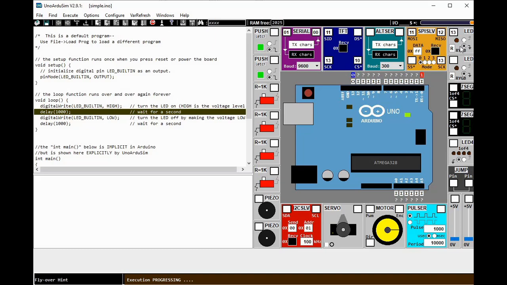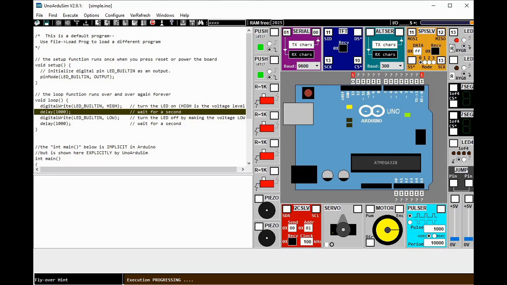You can also change this if you want to invert it, wherein you want to light it whenever the output is low. So just click this pull up, then you have pull down, pull up. Then you can also change the color.